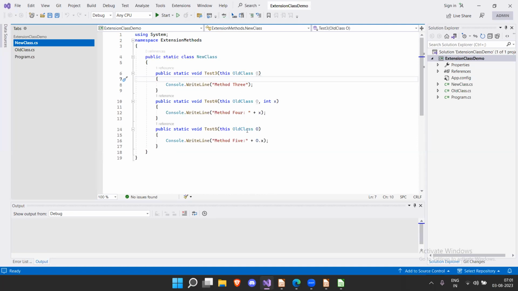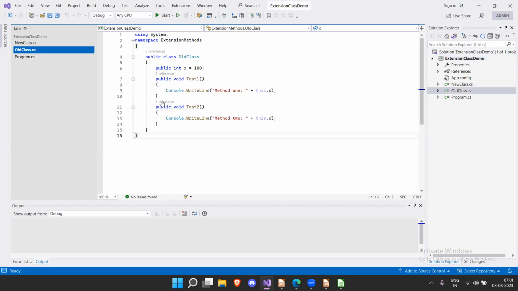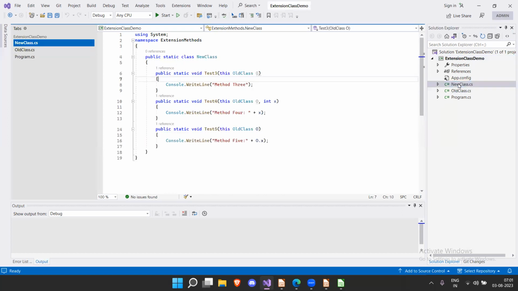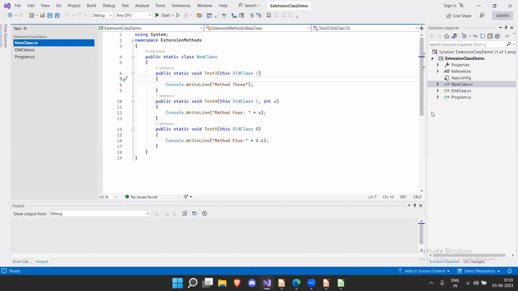Okay, so here, if you see, my old class contains two methods, one integer variable and two methods. And in the new class, I am not using inheritance here. I'm using a different method called extension. Here, I have test1 and test2 in my old class, right? And in the new class, you see here,